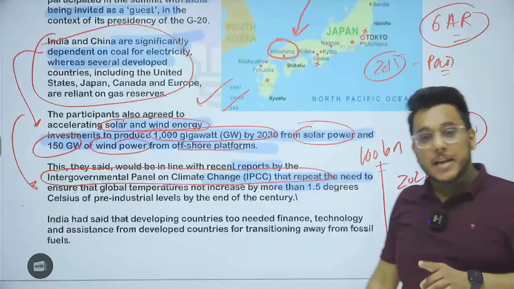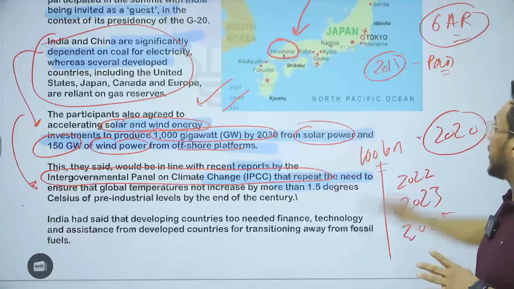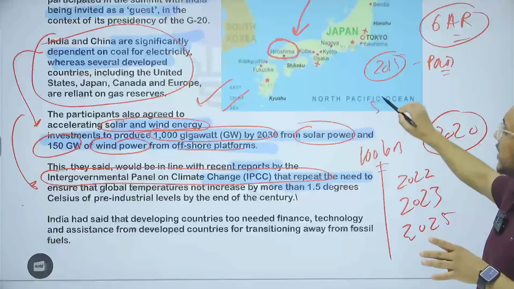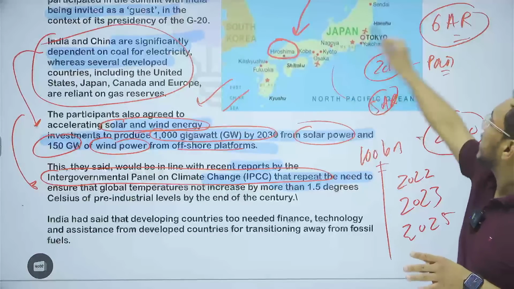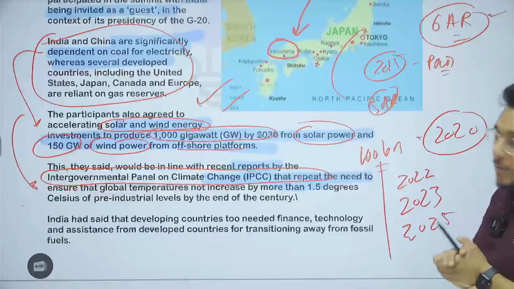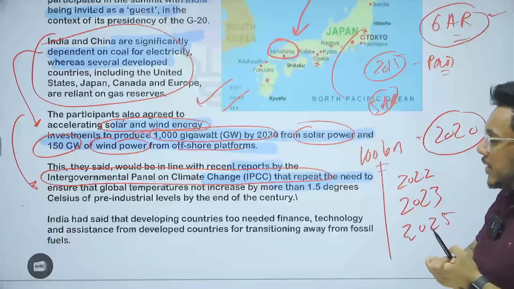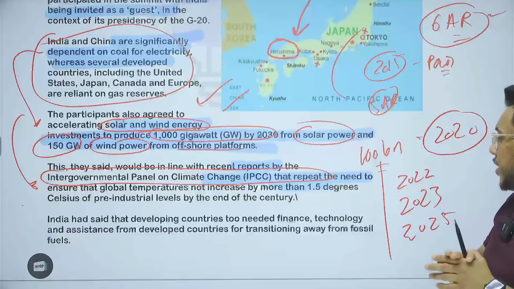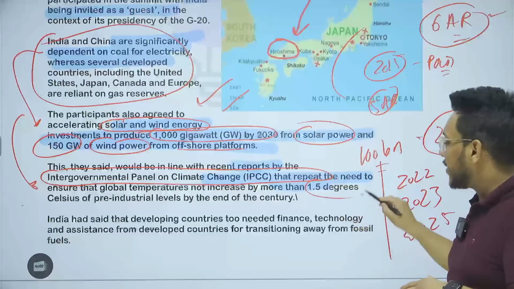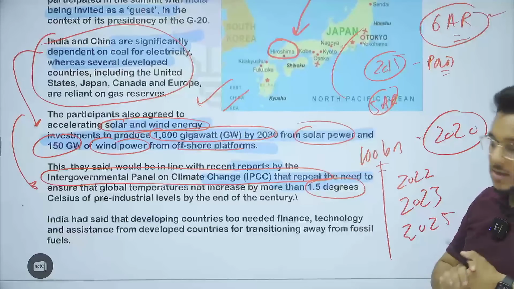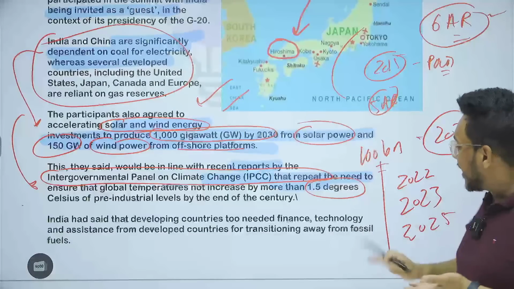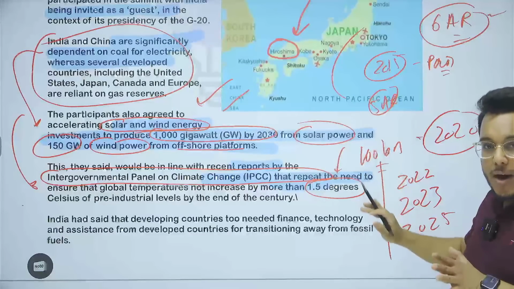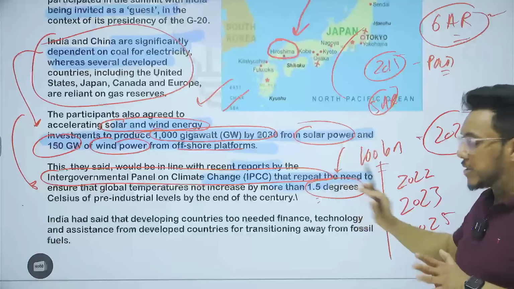So, the Paris Agreement was actually negotiated on the basis of the IPCC 5th assessment report. Right now, the IPCC is releasing the 6th assessment report. And the IPCC has provided this particular thing, that we need to ensure that the global temperature should not rise by more than 1.5 degrees Celsius. And world countries have also agreed that yes, we will attempt to ensure that the temperature does not rise by